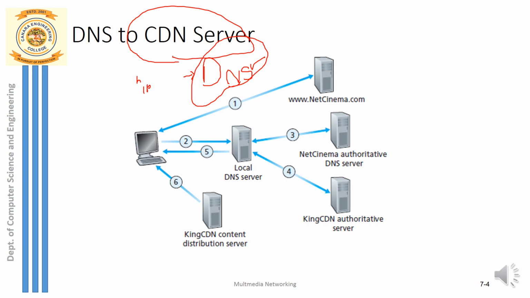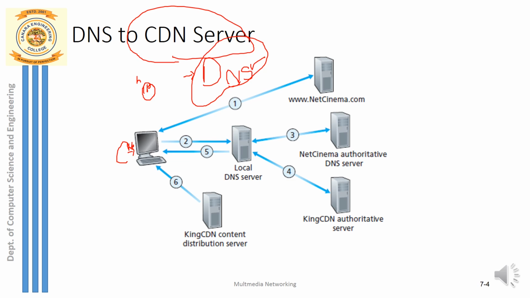So whenever I want to access any website, I first require the IP address of that particular server, right? Let us recall that concept and use it here. First, I have a client located, say, in Mangalore, and he wants to watch a video. So what is he doing? He first visits a website. Suppose he is visiting the website of Net Cinemas.